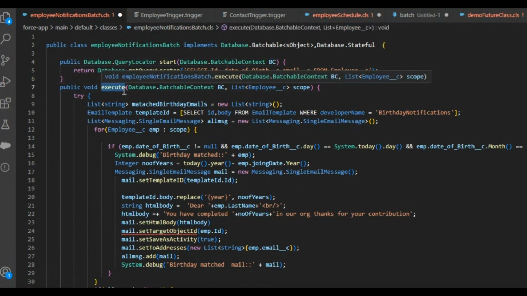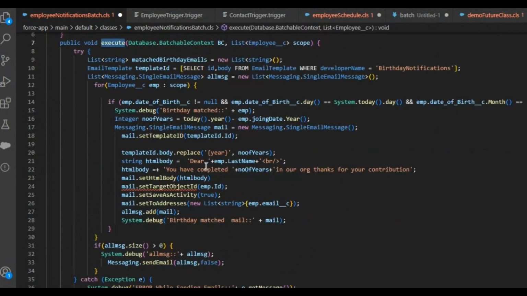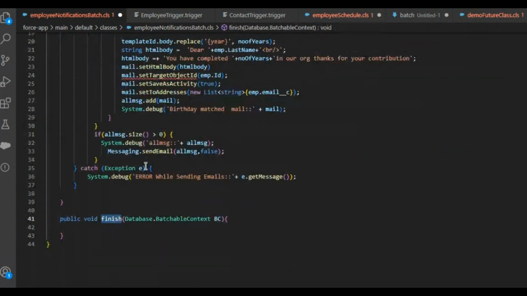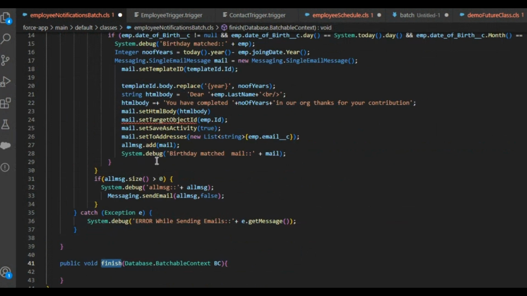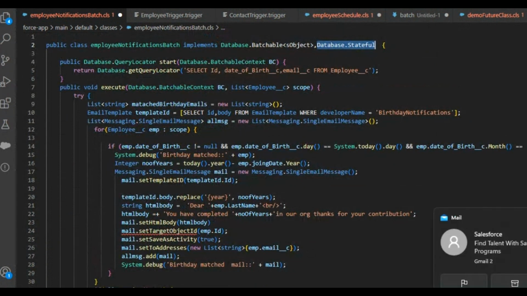Aggregation, in the sense that if you want to keep your previous values in your execute method or in your finish method, and maintain your values across the start to the end of the batch, you have to use Database.Stateful. If you use this Database.Stateful, then you can access the variable across the